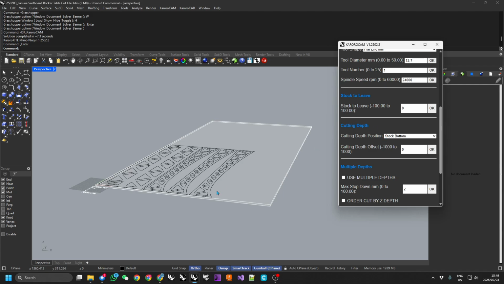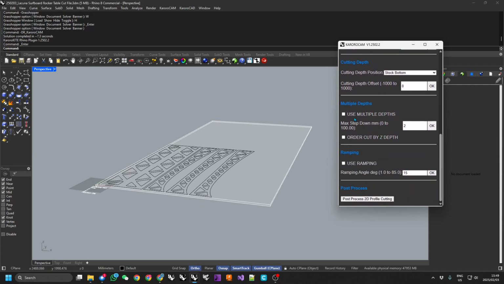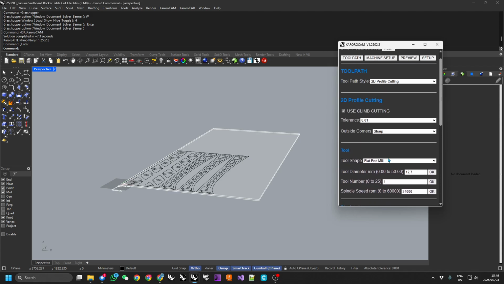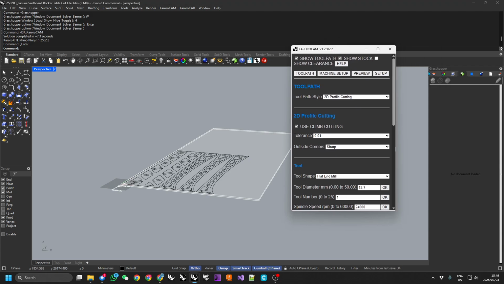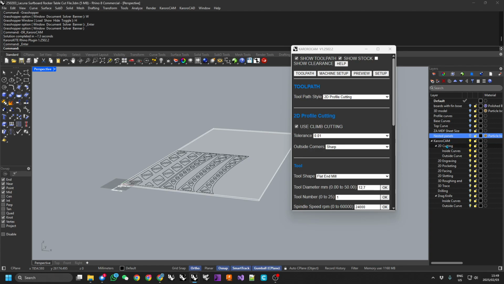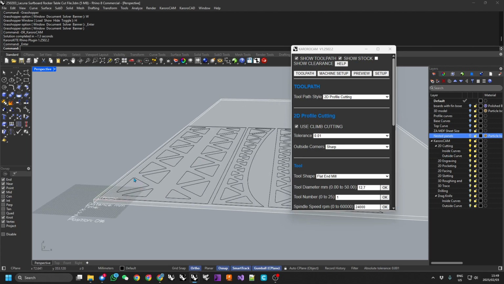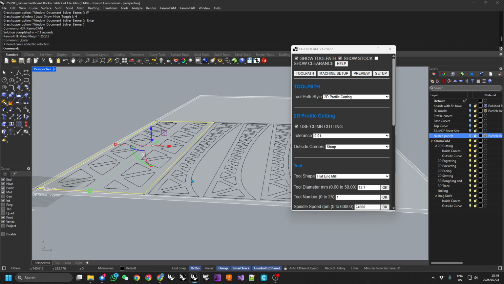The cutting depth will be to the bottom of the stock, our 18mm. I would like to use multiple depths, cutting at 6mm increments, and I'll order by the Z depth. So we'll do everything at 6mm first, and then come back and do everything at 12, and then everything at 18. And I'd like to use some ramping. Let's try 15 degrees. So with that all set up, I can now go to my layers, and KaroroCAM has set up under this 2D cutting tab inside curves and outside curves, and it's these layers where we need to put this geometry. So I'm just going to grab our outside curves,